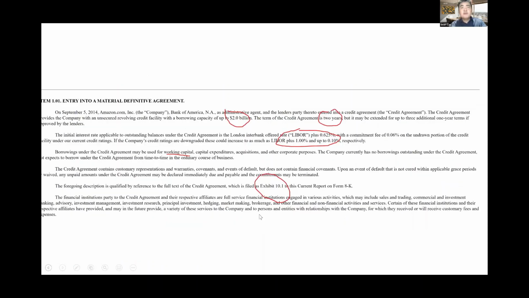So for example, for the loan contract, you can get the loan amount, you can get the duration, you can get the interest rate, you can get what they borrow the loan for, you can get the full loan contract. But by analyzing the loan contract, you can see whether the contract is really efficient. You can see why the company is borrowing money. They are borrowing money for working capital. They said so here. But by analyzing the information, you can understand the company's financial condition, right?